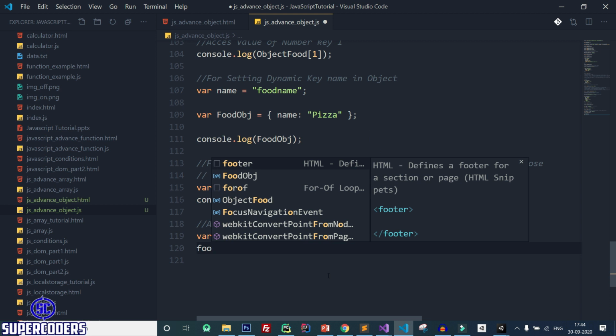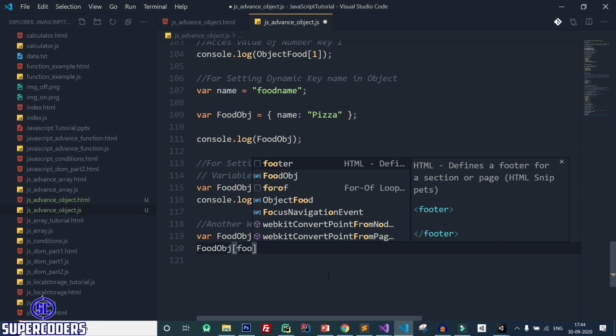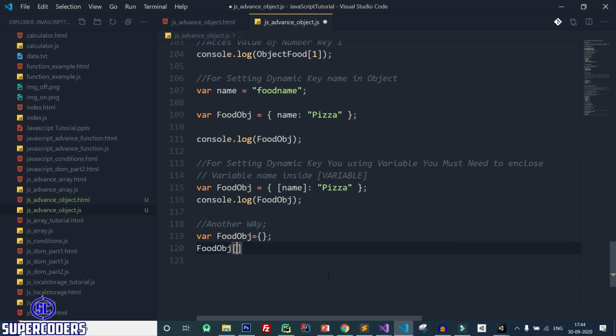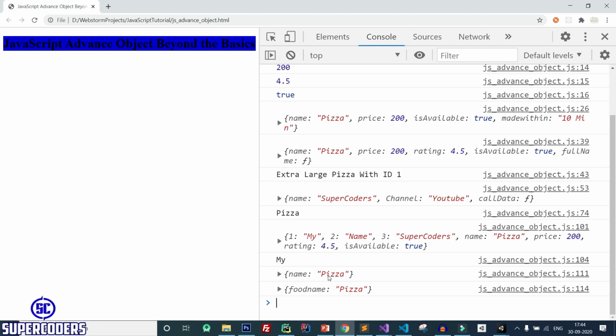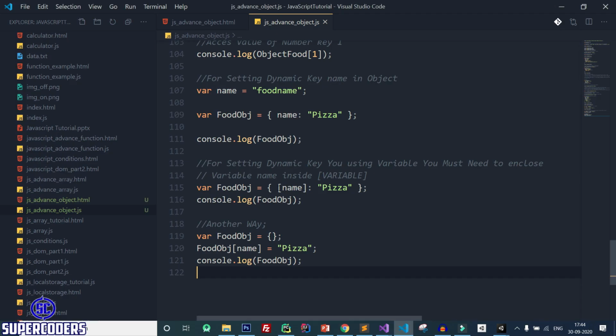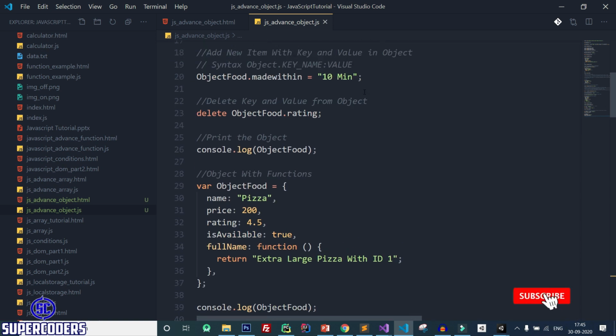After that food object and pass the key name, food or name, and pass the value pizza. Again print it, save it, back to Chrome, refresh page, you can see it is working. So if you don't want to use this way, you can also use this way by making an empty object and set this value. Now let's see how you can access all the key value of objects using for loop.